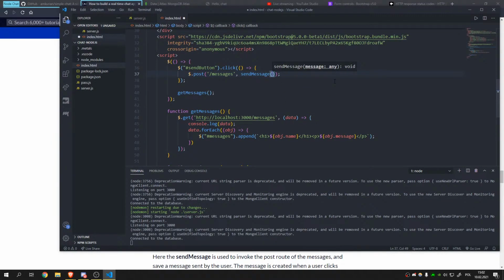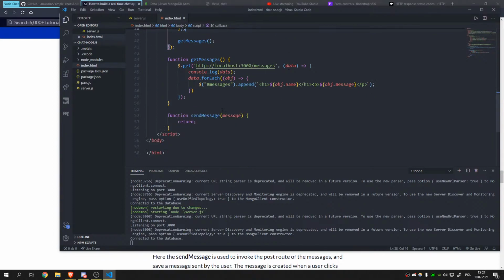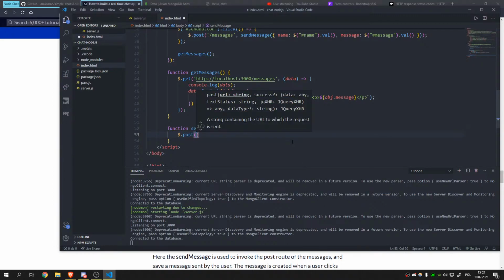So to the send message, they are passing in an object that will be dollar hashtag name value and message, dollar hashtag message dot value, if I recall correctly. And they are passing it as an object to this function,